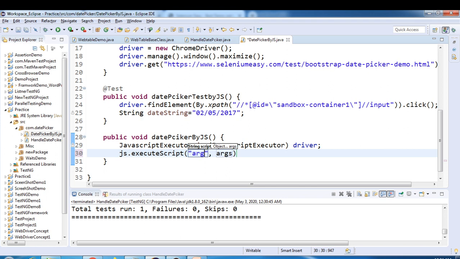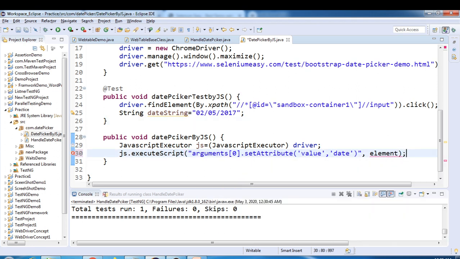JavaScript, that is arguments. So exactly we have to provide the same script. Okay, do not change anything over here. Dot set attribute, set attribute. Okay, it's correct. Now we have inside this bracket, it's again like this, and we have to provide value over here, and this would be date. Okay, and this argument we have to provide element